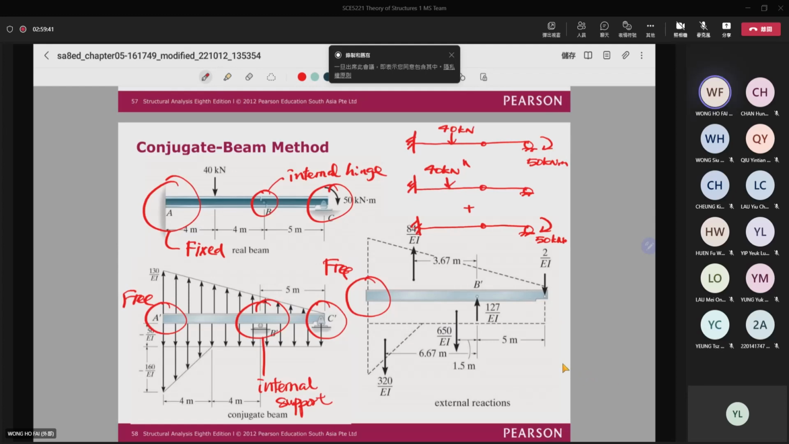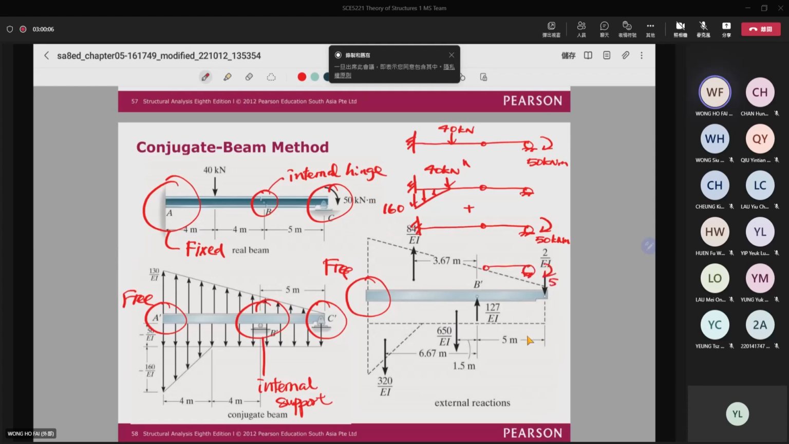So for the first 40 kN, I can apply the load here. It becomes a bending moment on this side. Actually, it is 160. And then for this case, if I have a point load at the end, then when I analyze the structure,